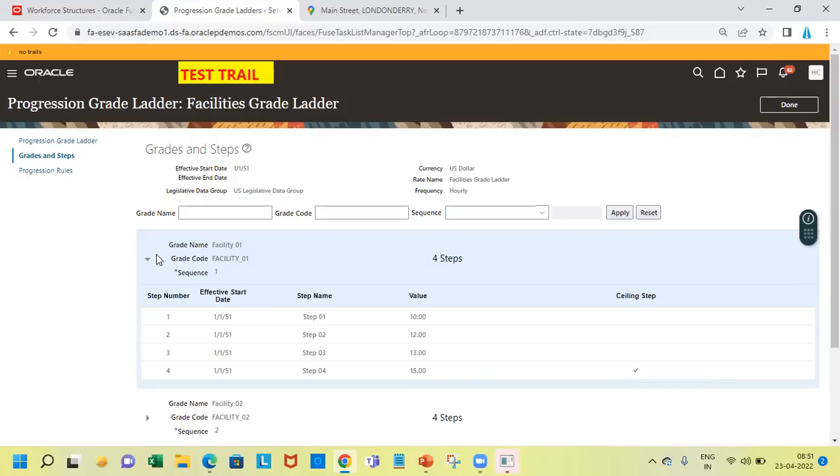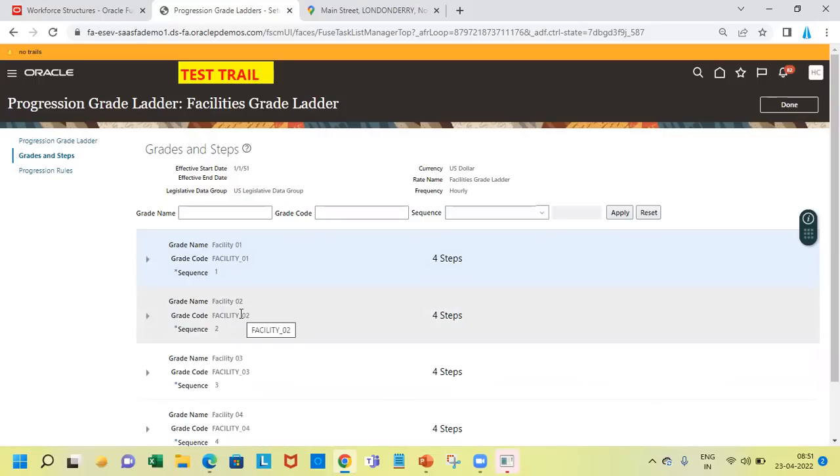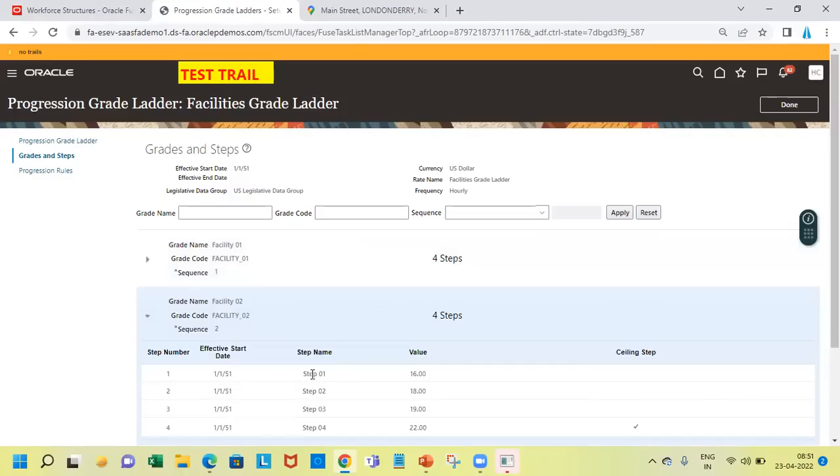Now they have to move to the next grade, which is Facility 02. In Facility 02, again, there are 4 steps. They will start at step 01, which is 16, then go up to 22. Here, what happens in most of these grade steps or grade ladders, you have automatic